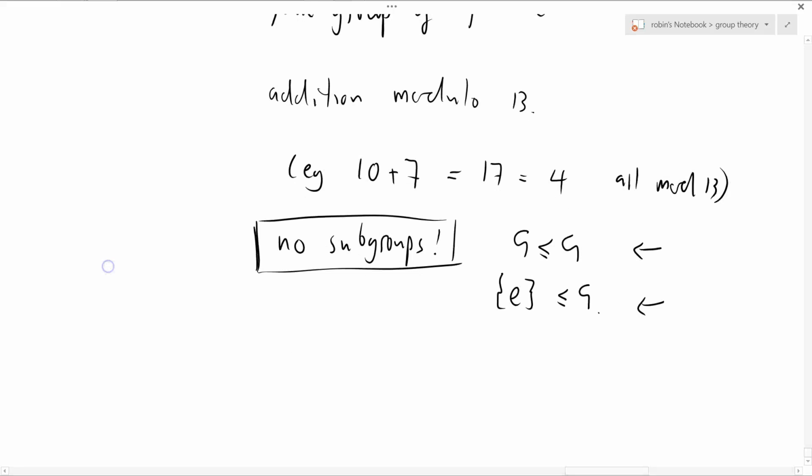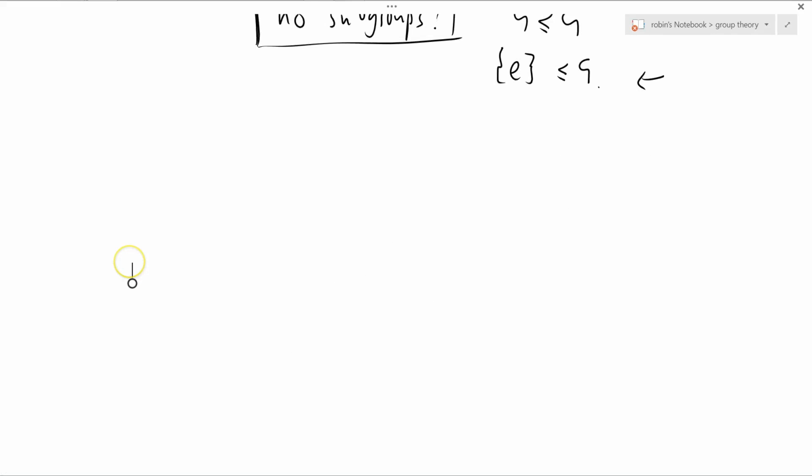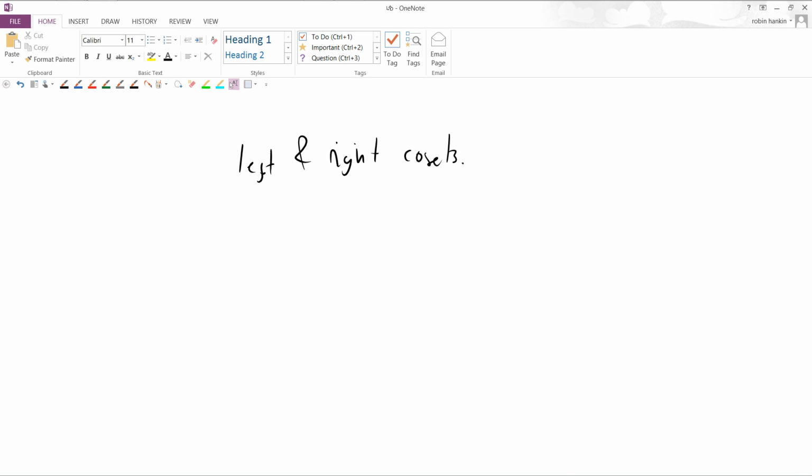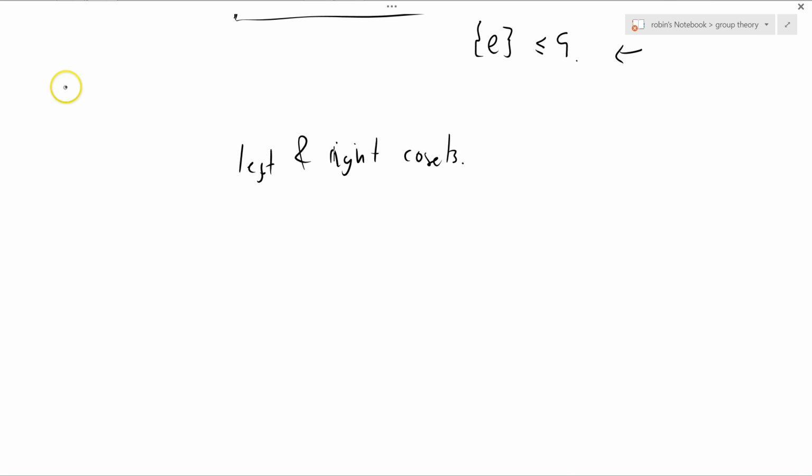Okay, well, we've talked about the left cosets and the right cosets. We've talked about the left and the right cosets. And we've not really linked them together. We've got a whole bunch of reasoning that applies to left cosets and a whole bunch of reasoning that applies to right cosets. We know that the left cosets and the right cosets are all the same size, but we don't really know what they look like. I'm just going to show you what they might look like